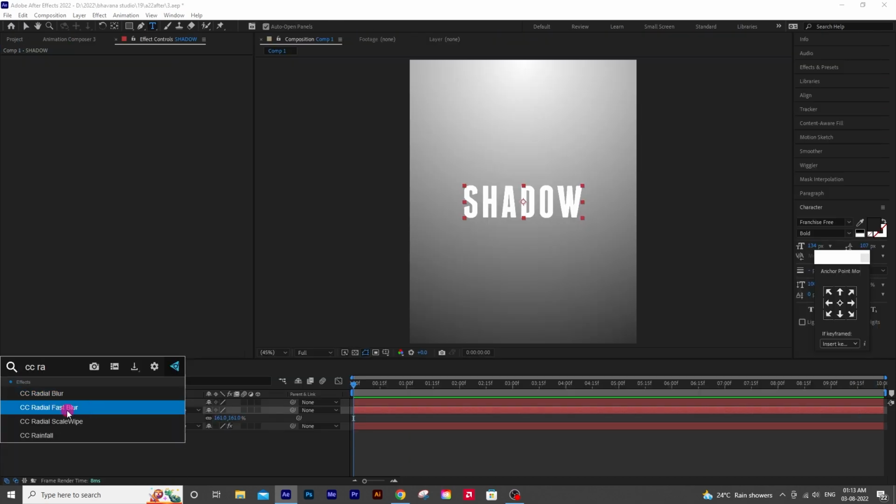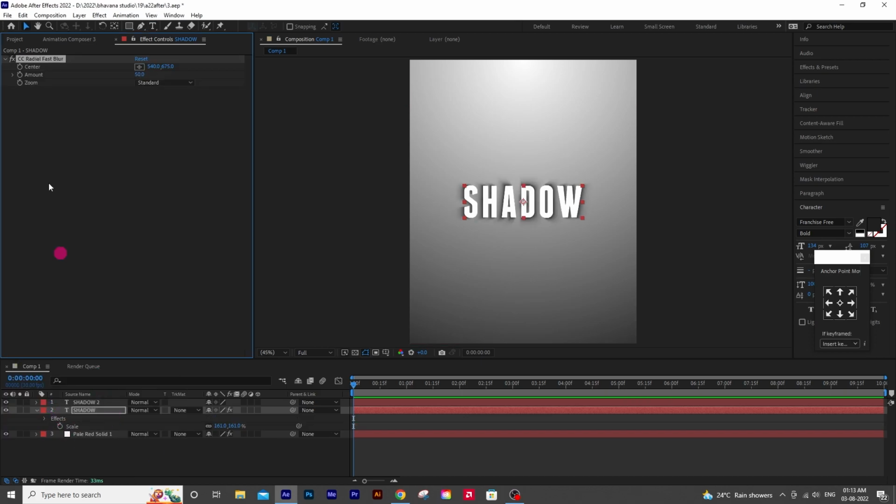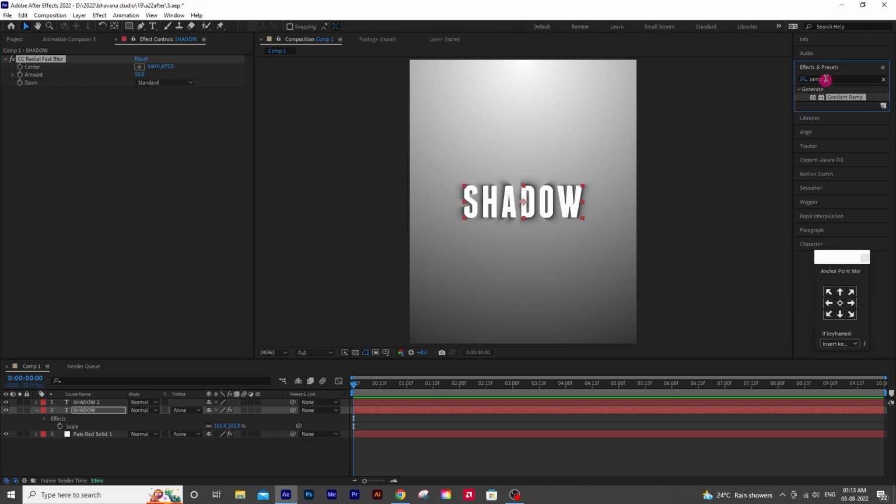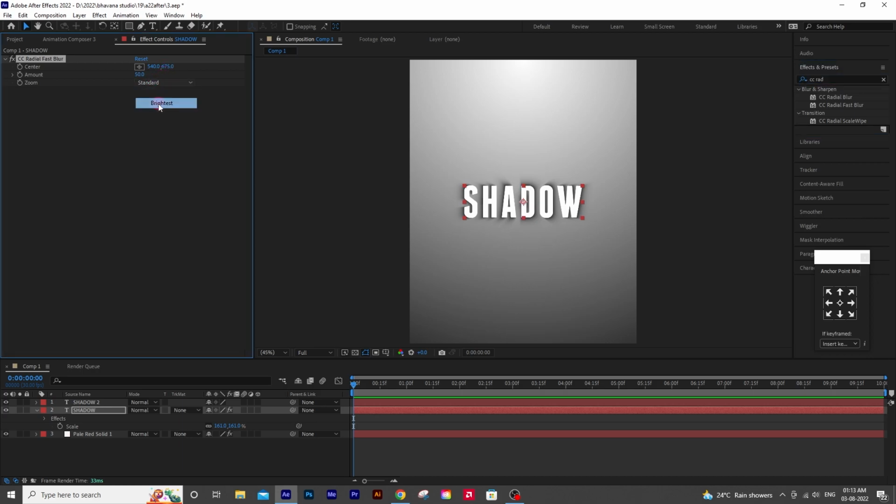This one comes in handy after you use After Effects for a certain time. If you are new, I do not recommend this one. If you are new to After Effects, go to Effects and Presets and type Radial Fast Blur, and apply that, then come back to the Effect Controls panel, and change the zoom to brightest, and increase the amount to around 75 maybe,